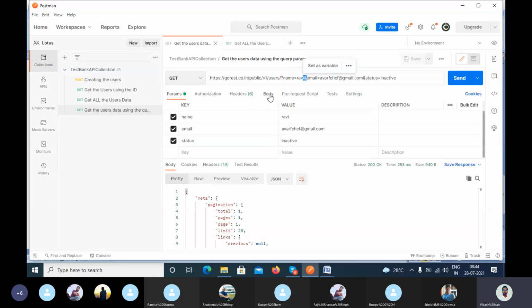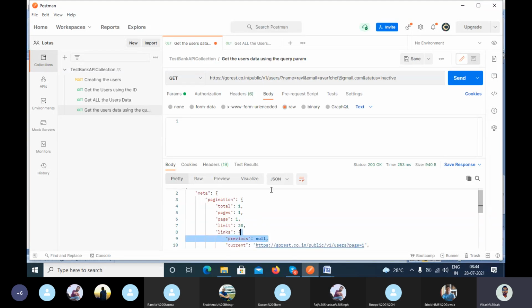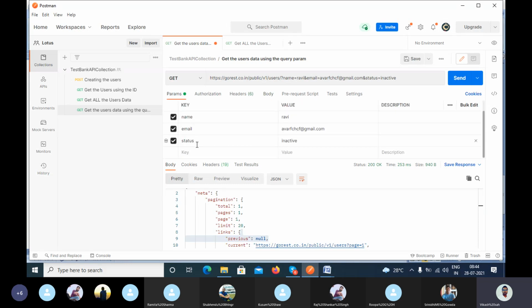But let's suppose in some companies the client requirement is that they want to apply the or operator. So what they will do, they will use the get method, inside they will use the body, and inside they will define some property where they will apply the condition of or. If any of the conditions match, it will display the result. So it depends on the requirement. But if you talk about whether we can use the or parameter in query param,